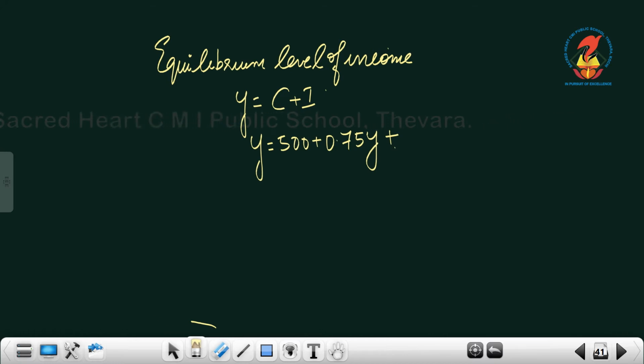The value of I is 5,000. Now, we can write down this equation as Y is equal to, where 500 and 5,000 can be added. Therefore, it becomes 5,500 plus